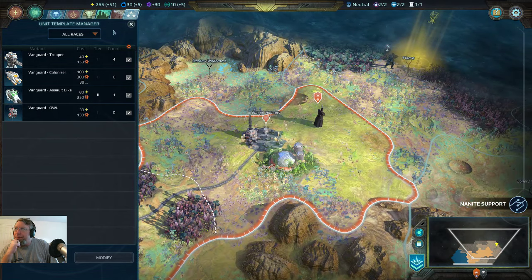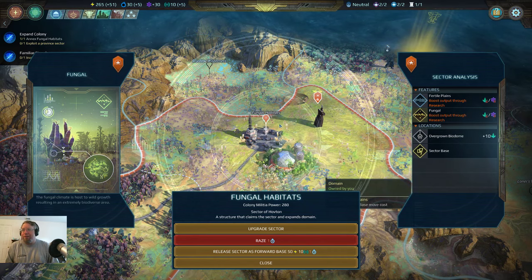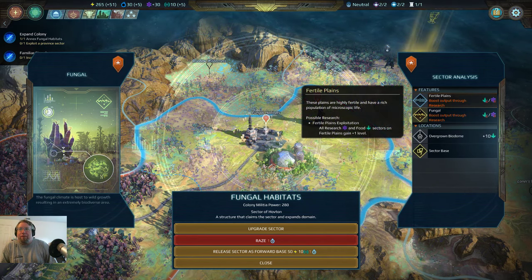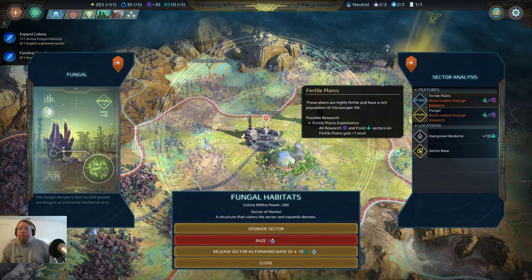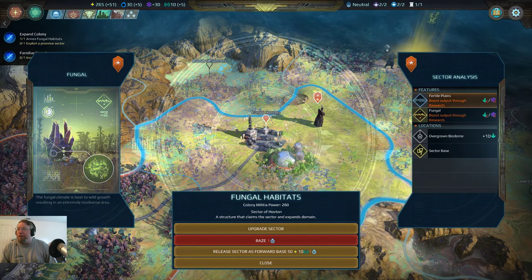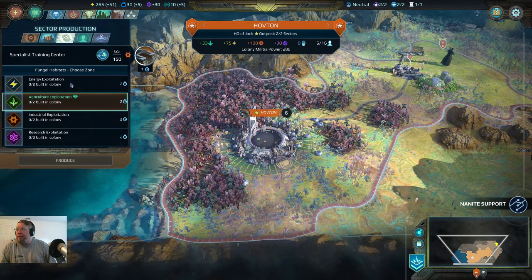Sector annexed. Yes, thank you. So I've got to click this. Alright, so this is the sector. So, right. Yeah, plus 1 level. So this can only go to level 3 because of this. So if we upgrade the sector and select this,